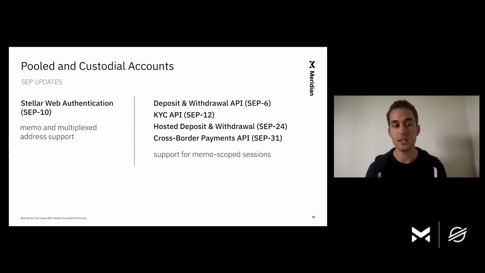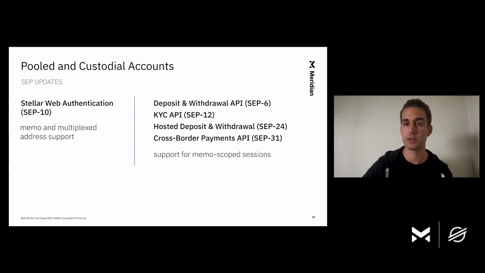So what we did is we added memo and multiplex address support, which narrows the scope of the authenticated session and allows the anchor to only allow access to what the user needs, which is the transactions they've initiated in the past. So once we made those changes, we actually then changed the standards that use the authentication protocol to support this